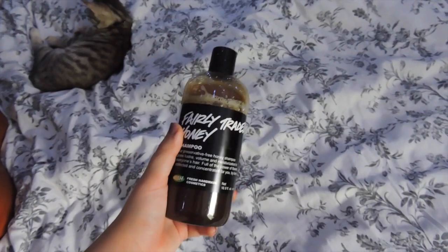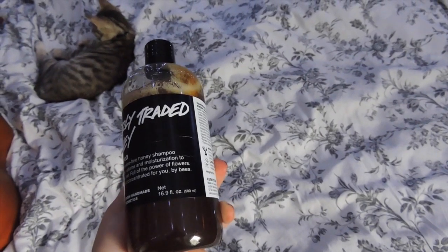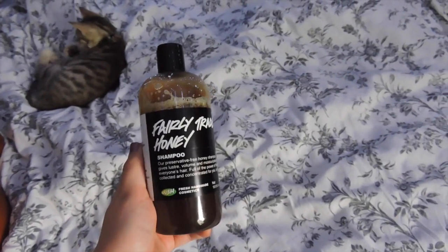Now, the shampoo that I use is the Fairly Traded Honey shampoo from Lush. This stuff is my holy grail shampoo. It's literally 50% of the bottle is honey. And honey is great because it has antibacterial properties, which help keep your scalp nice and clean, which also helps rejuvenate the hair follicles, which helps hair growth, since your scalp is probably going to be kind of damaged from the